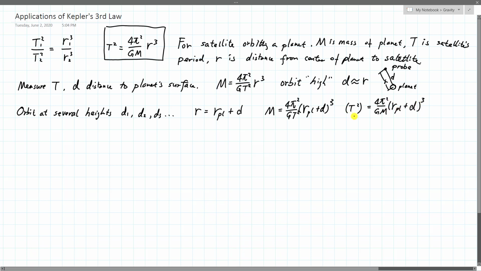So now what this is telling us is the t squared is a function of the d, and if we have enough pairs of a d and a t values, which we could just have the probe orbit the planet at several different heights, then we can do a fit of this function, and what the fit of the function will provide us is radius of the planet and also its mass. So separately we can find our answers just by doing fits,